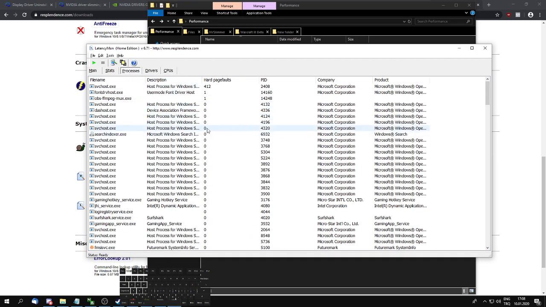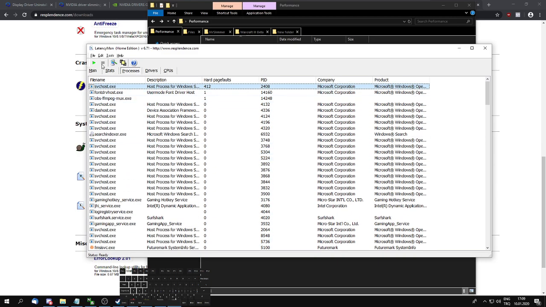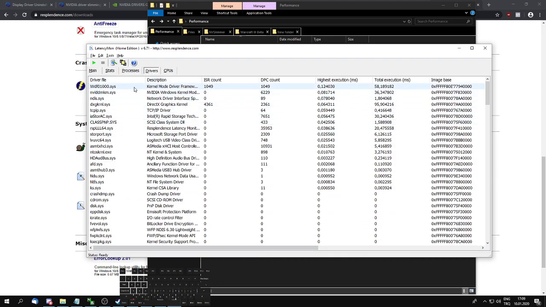So you click processes, and you're gonna see what is taking most of your PC while it's idle, and while it was monitoring. You click drivers, and if you see anything fishy that shouldn't be there, you're gonna have to disable its service from